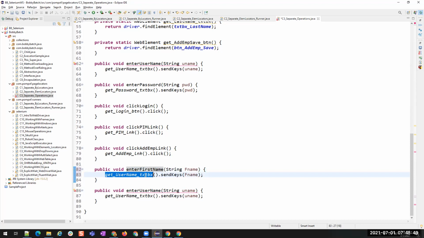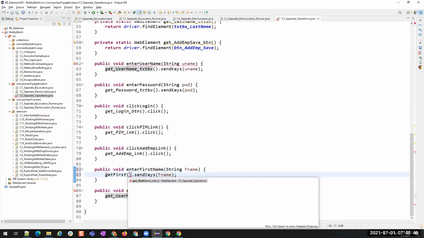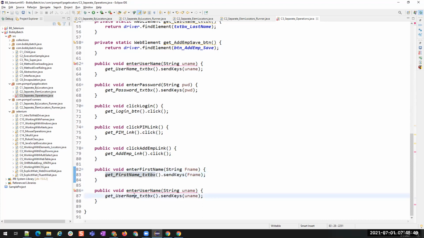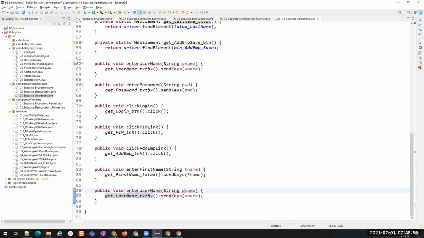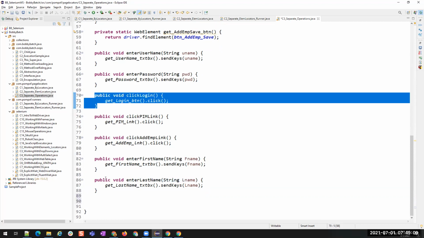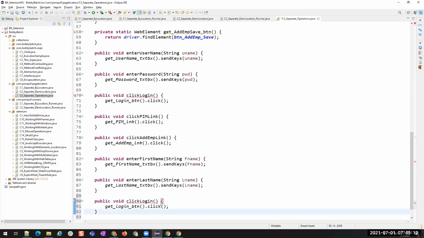This will be get first name text box dot send keys. This will be get last name text box dot send keys. This will be last name. And then we have another method, that is clicking on save. Click add employee save. Here it is. Get add employee save button dot click.